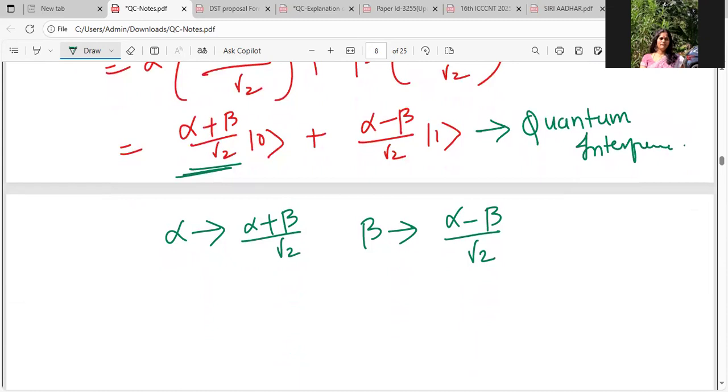Okay. This is one point which I will tell. I will do a separate video on quantum interference talking about it in detail. Now here what I want to stress upon is